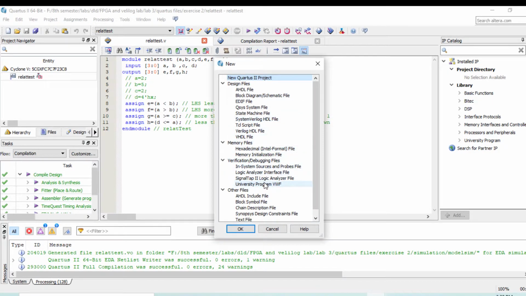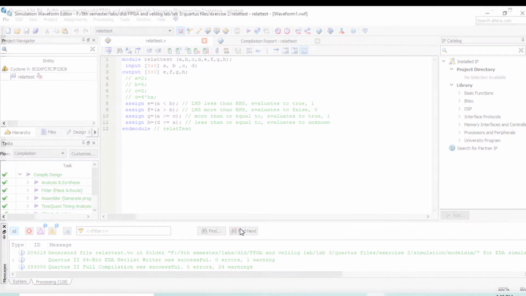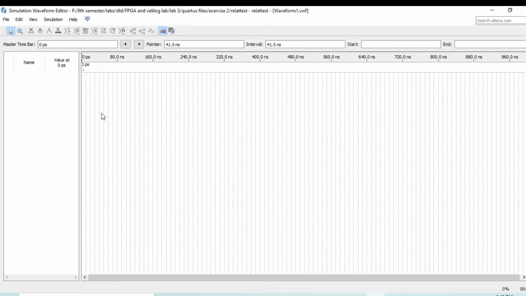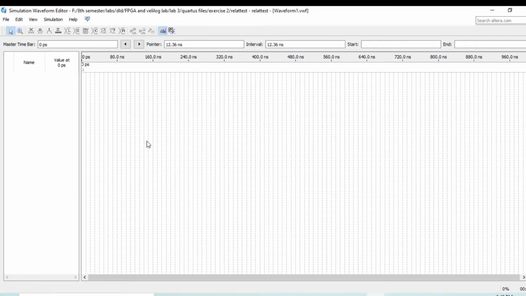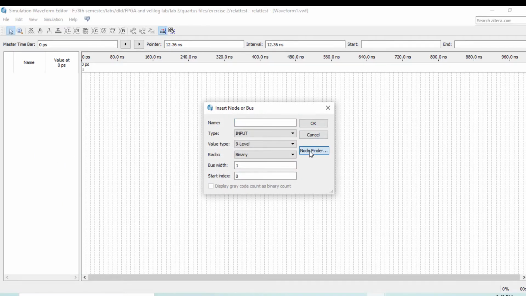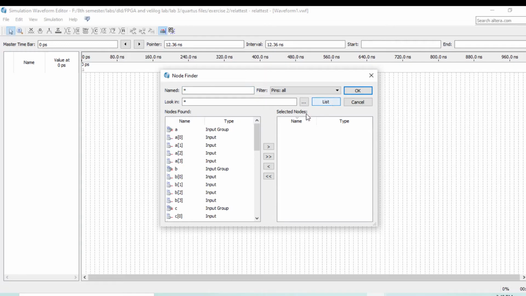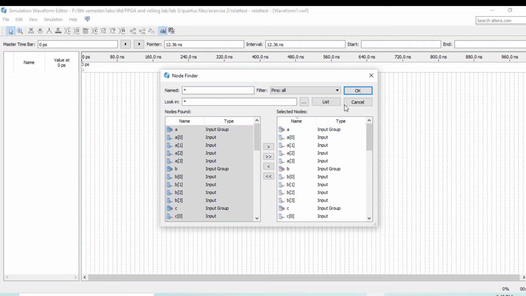Select University Program VWF and press OK, and right click on this white window and click on insert node. Click on node finder, list, and press on this. You can follow my cursor and press OK.